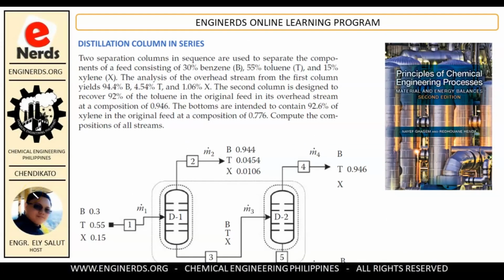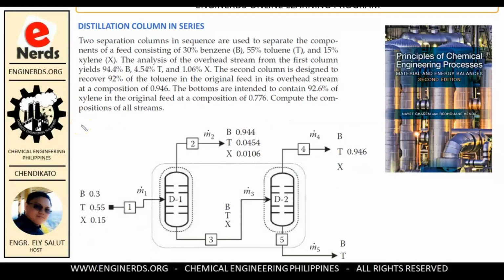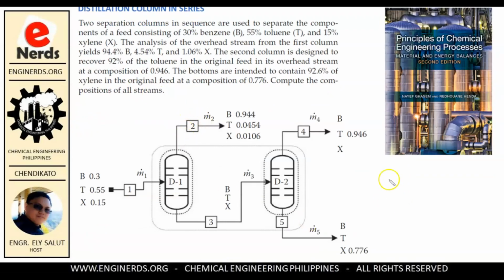Alright, so today we're going to answer another multiple units material balance problem. And this time, we will get our problem from the Principles of Chemical Engineering Processes, Material and Energy Balances, 2nd edition by Nayef Gassem and Redhone Henda. So, our problem is about distillation column in series. So, let me read first our problem and then makikita natin na we already have the diagram set up right